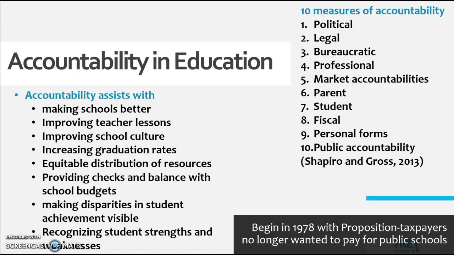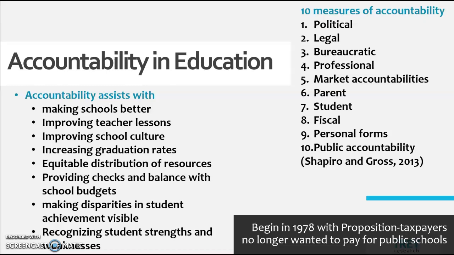Accountability in education began in 1978 in California with the proposition: taxpayers no longer wanted to pay for public schools. There are 10 measures of accountability, including political, legal, bureaucratic, professional, market accountabilities, parent, student, fiscal, personal forms, and public accountability. Accountability assists with making schools better, improving teacher lessons, improving school culture, increasing graduation rates, equitable